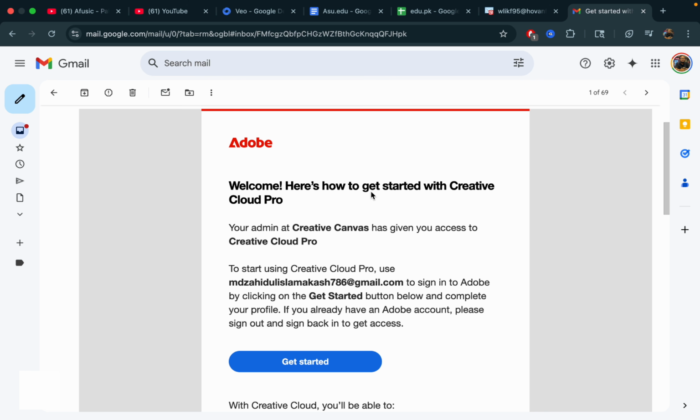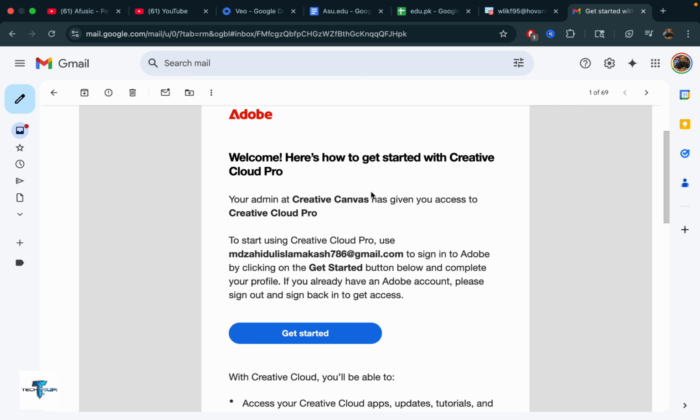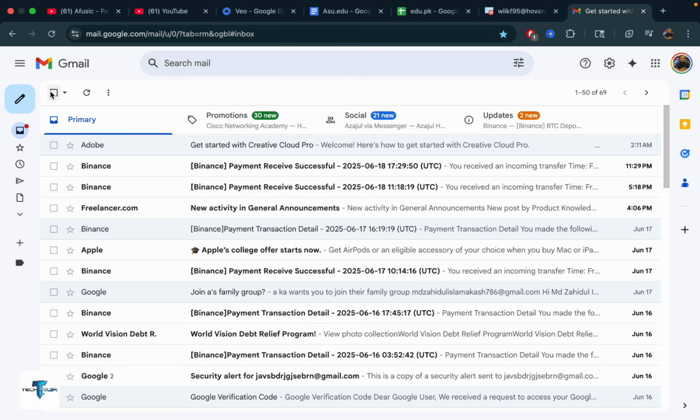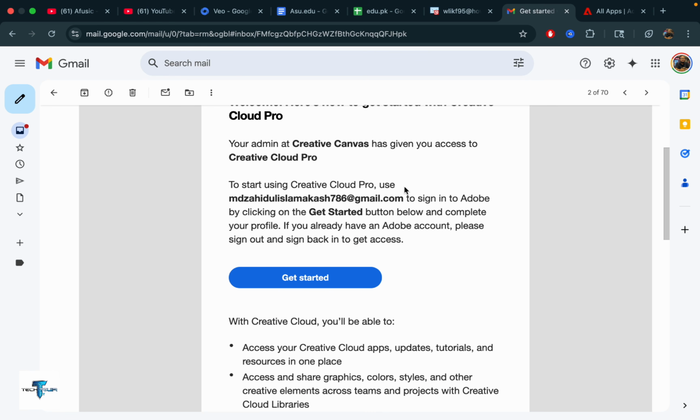your own mail. Here I have got this mail, and after taking from Adobe on your mail, you will get this email in your email box. And now you have to do this work first. First of all, go to here, then go to this email, then here is the email. And after you get this message, if you already have an account in Adobe, then you just need to click here, get started,